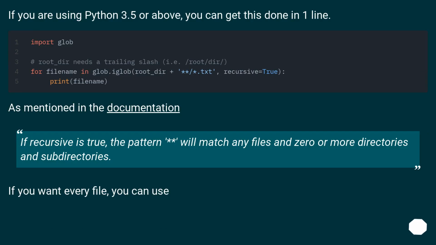If you are using Python 3.5 or above, you can get this done in one line. As mentioned in the documentation, if recursive is true, the pattern will match any files and zero or more directories and subdirectories. If you want every file, you can use